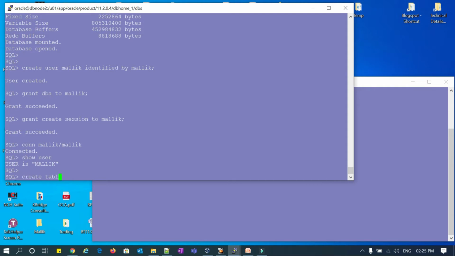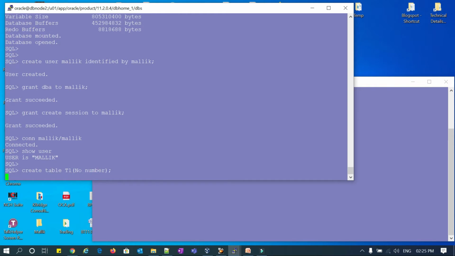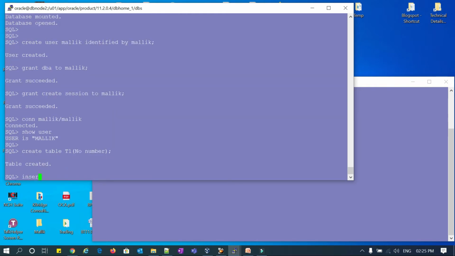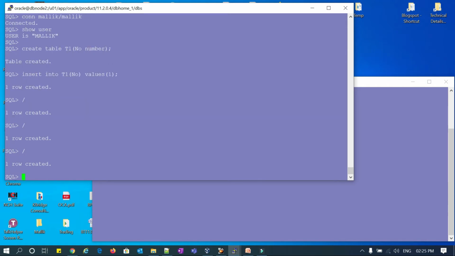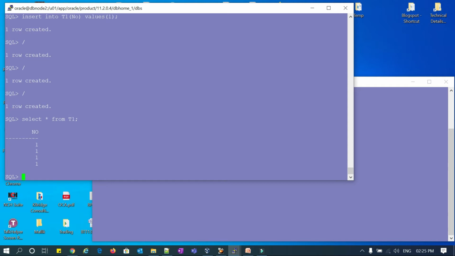Create table T1 with a number column. Okay, insert into T1 values 1. Select star from T1. So the T1 table is created, the user is created, and I inserted some data.